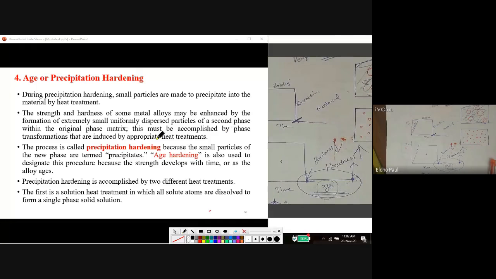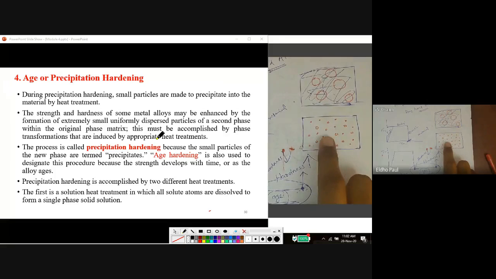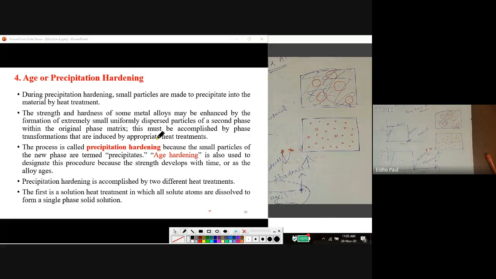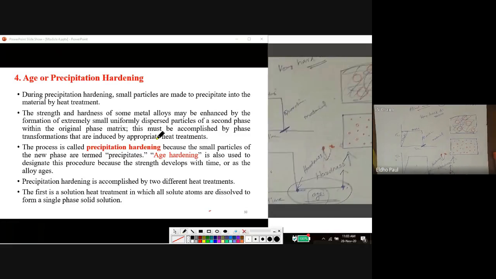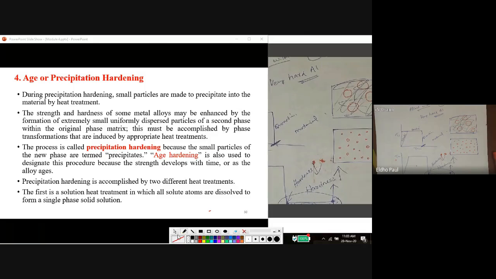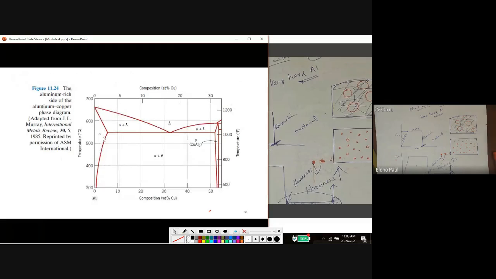The process is called precipitation hardening because the small particles of the new phase are precipitates. Age hardening is also used to designate this procedure because the strength develops with respect to time, as the alloy ages. So precipitation hardening is accompanied by two different heat treatments. The first is the solution heat treatment, in which the solute atoms are dissolved to form a single-phase solid solution. We already discussed the alpha phase is formed initially by heating. Then